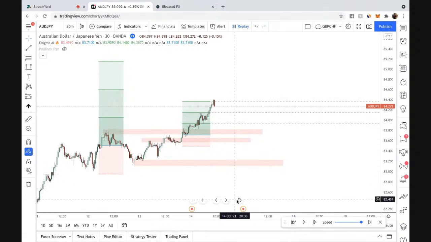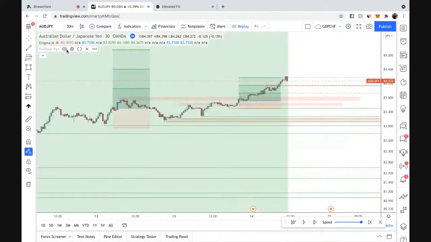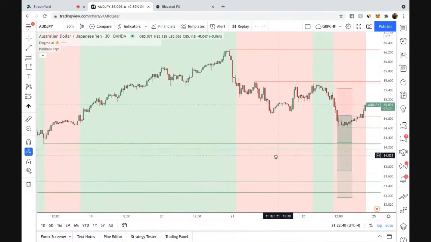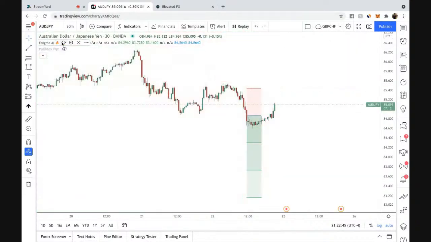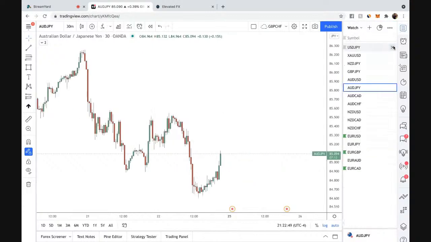So let's move forward. Now that you have a basic understanding of our Enigma software and how to use your pullback pips with it, I want to jump into some charts and just see what's happening right now. So right now I want to have your full cooperation, family, and I want you guys to drop which currency pairs you guys are going to be looking at this week.